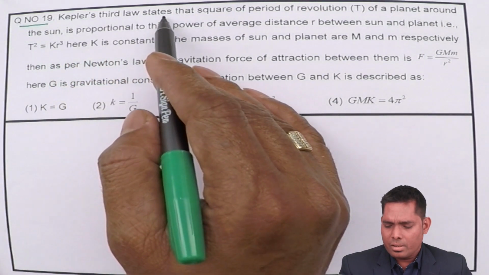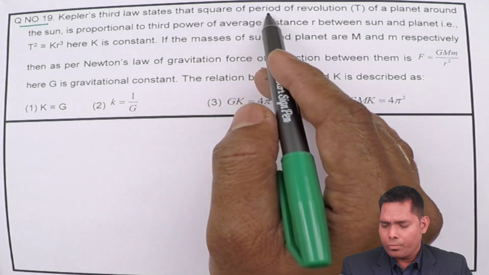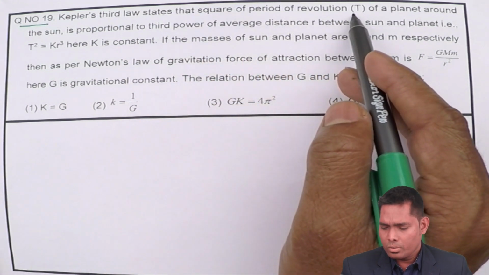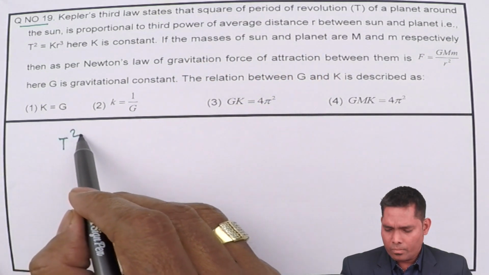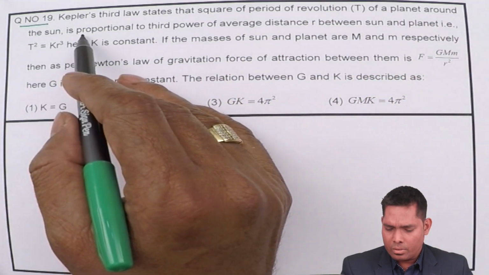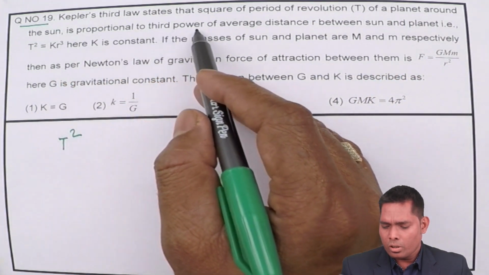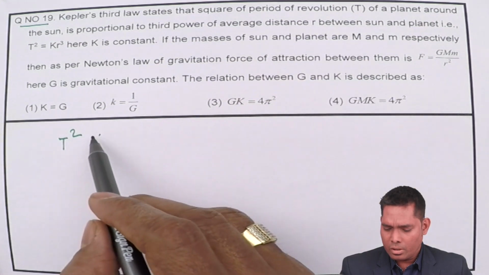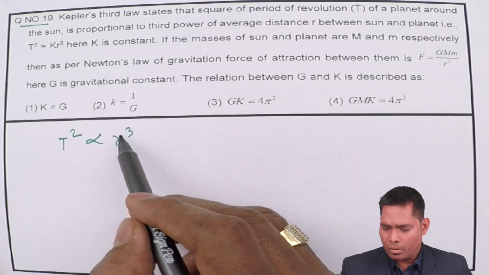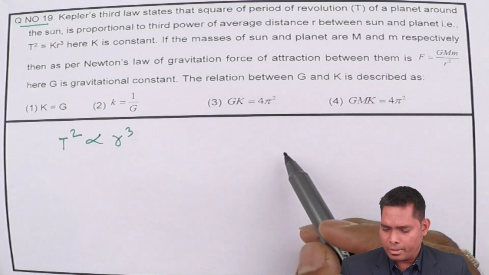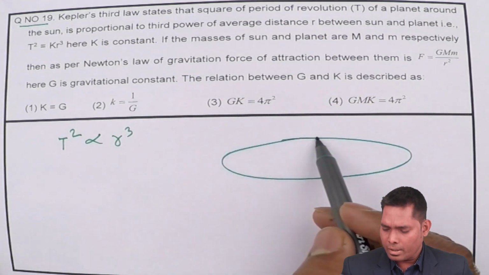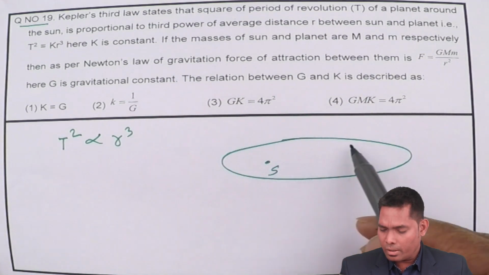Kepler's third law states that the square of the period of revolution, that is T square, of a planet around the sun is proportional to the third power of the average distance, that is proportional to the third power of r between the sun and the planet. So we know that this is the sun and this is the planet,